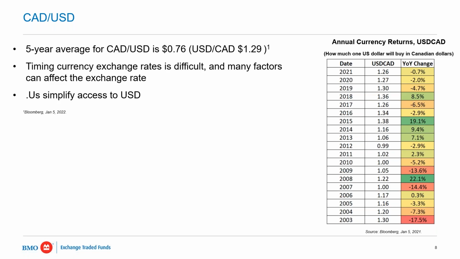So there's a lot to think through, but certainly having an awareness of, and I don't think we can get into all the kind of nooks and crannies and thought process around hedging, but having an understanding that currency can drive returns, I think is important for investors to think about.